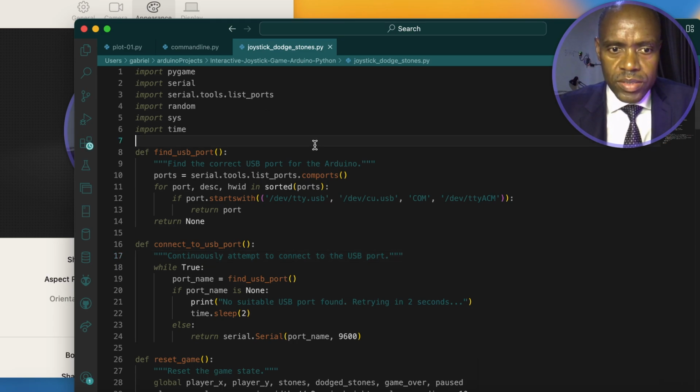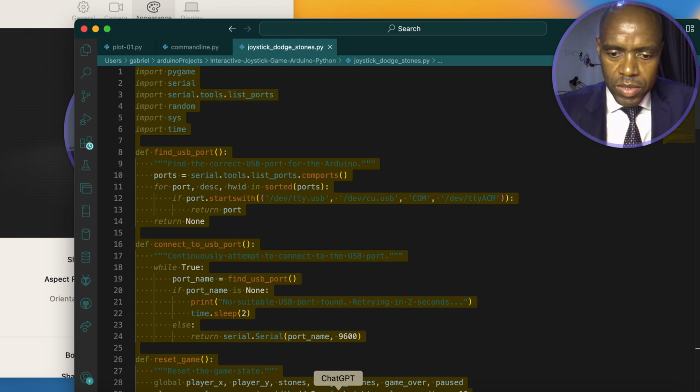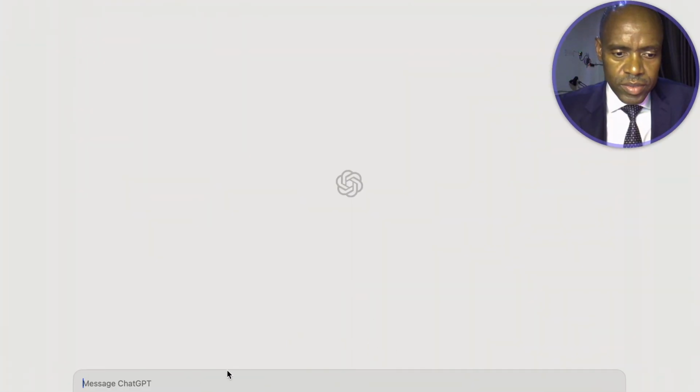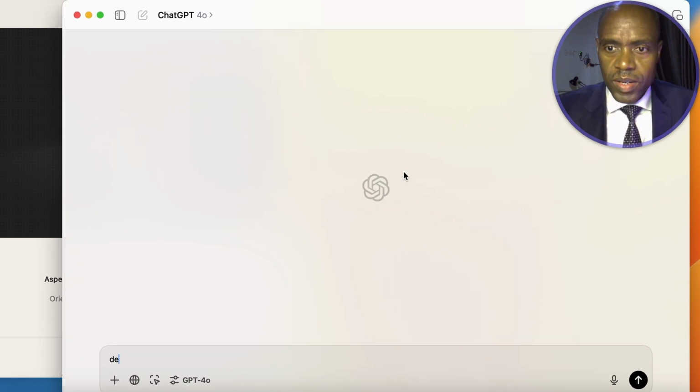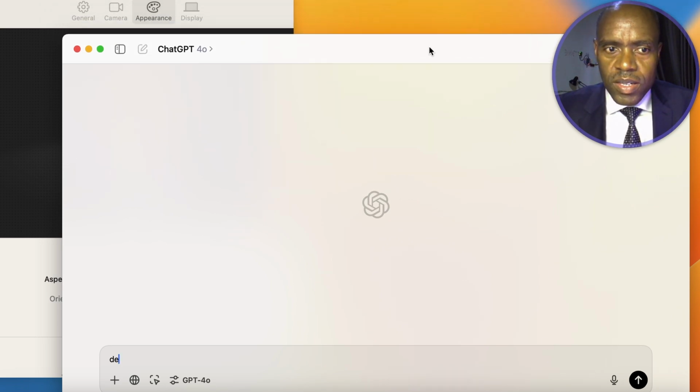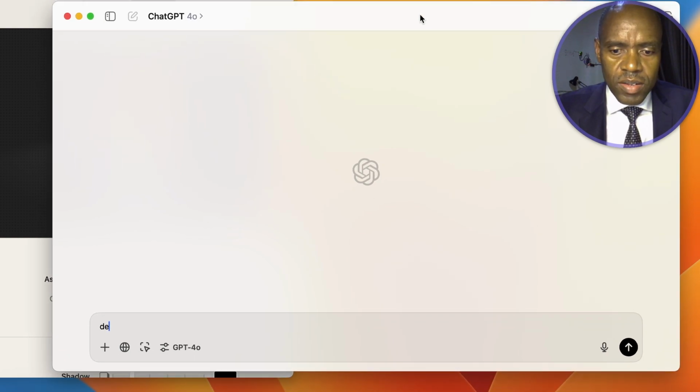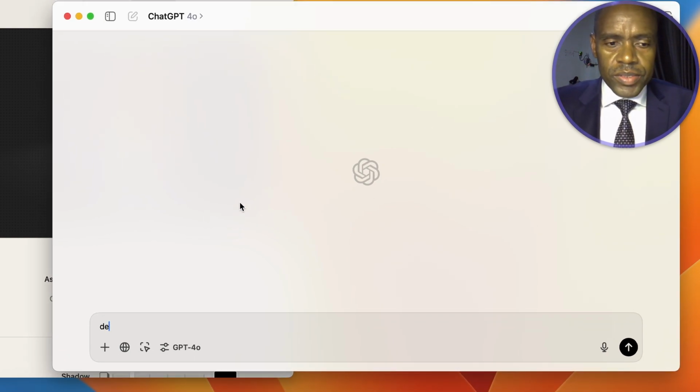You can simply copy the code, and I'm minimizing this window, trying to repeat this so that you may see everything that I'm doing. Okay, so these days